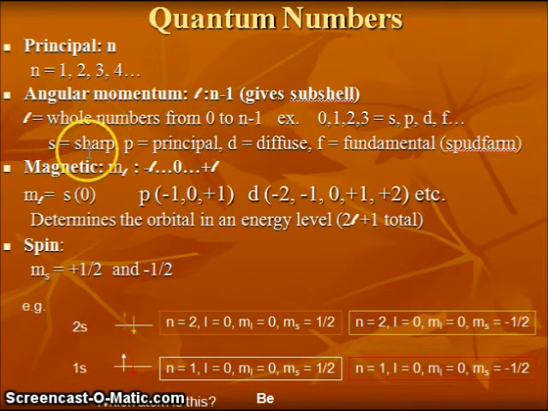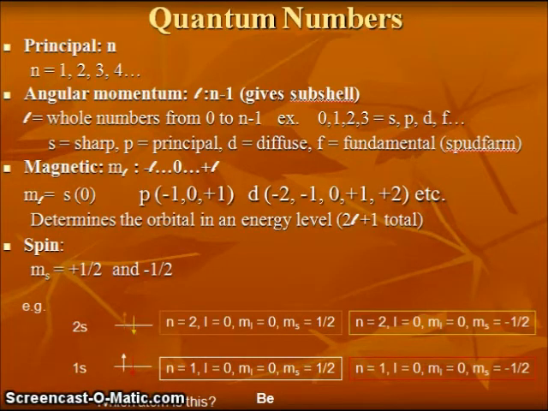We could have two subshells, an S and a P. If we are looking at the third energy level, n minus 1 would be 2, so we'd have 0, 1, or 2. The third energy level has S, P, and D subshells, and this continues to expand as we move to higher energy levels. The magnetic number actually tells us which particular orbital an electron is in. This becomes really important as we consider the P, D, and F subshells. I like to think of an orbital as being like a box that can hold electrons. An S subshell has just a single box which can hold two.